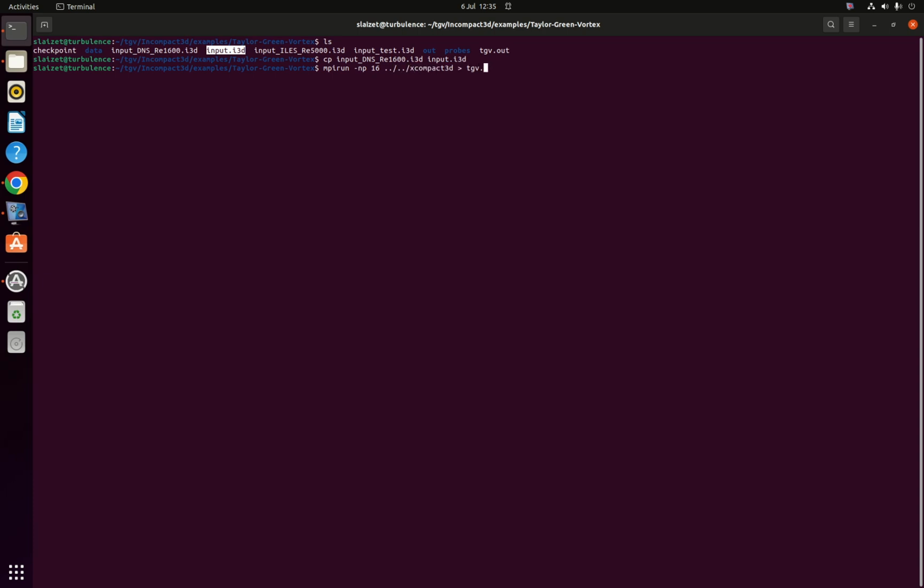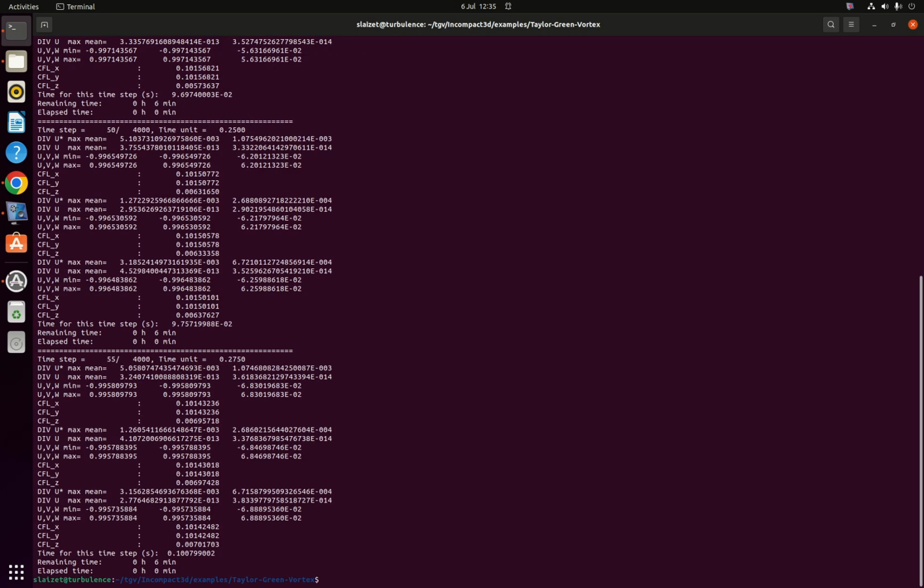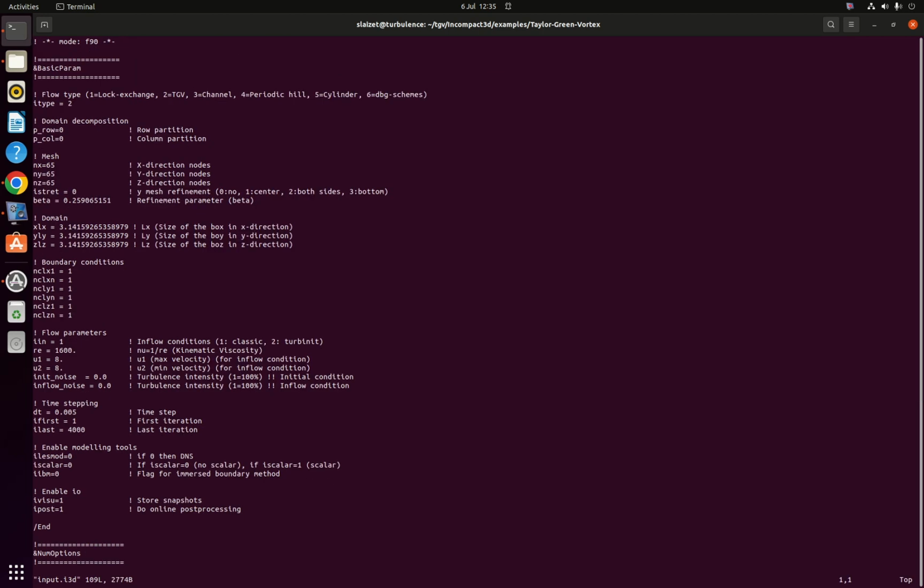While the simulation is running, I will go through the input file and some information about the post-processing. On a modern workstation, the simulation should run in 5-6 minutes, no more than that. If we look at the input parameters, we can see that the Reynolds number is 1600. You will notice that the boundary condition,